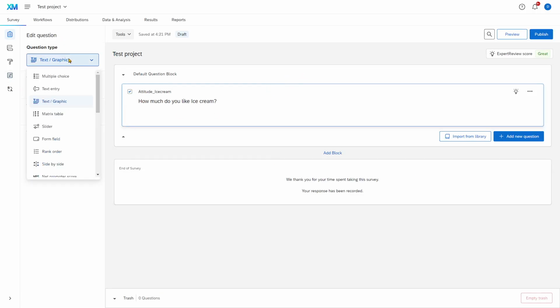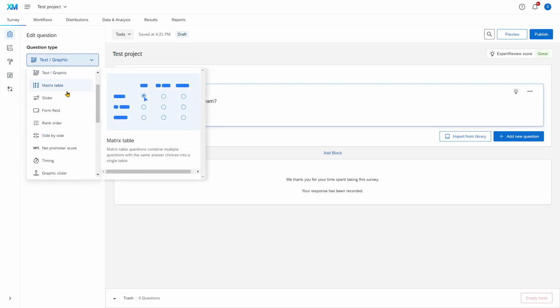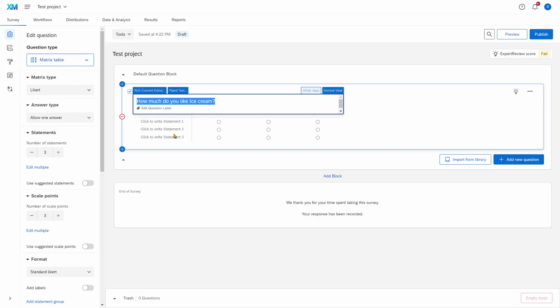Now, the other options here in Qualtrics are often less used, but one that stands out specifically is the matrix table. And this is a very flexible way of asking questions, and it's generally a bit more compact than the multiple choice option. So here, for example, I could say something about personality questions,